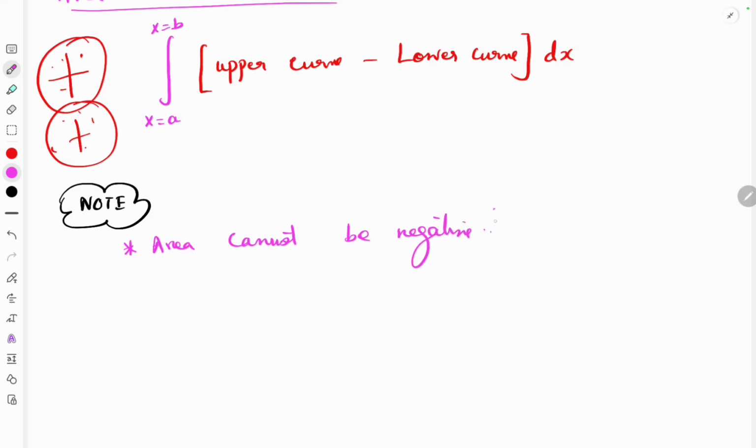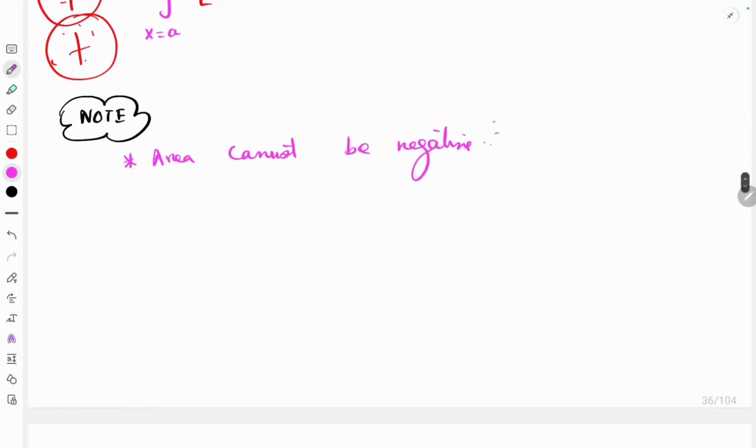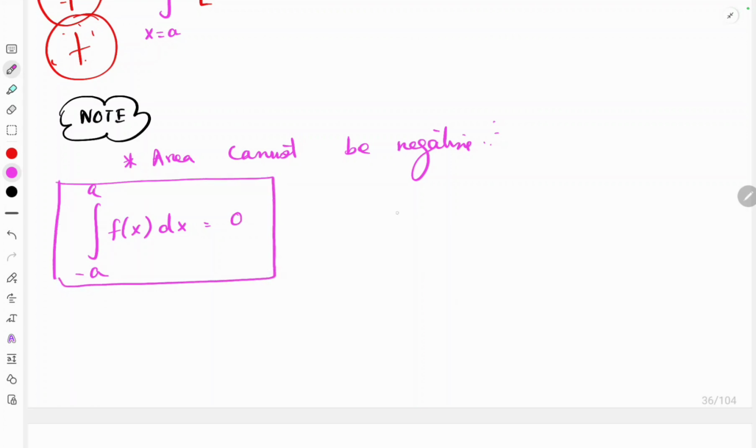Suppose, if we take the 7th chapter, if it is an odd function, integral from minus a to a of f of x dx, then the answer will be equal to 0. But here it is not. Suppose we have to find the area from minus 2 to 2 of some function f of x dx, I cannot write the area as 0 here,